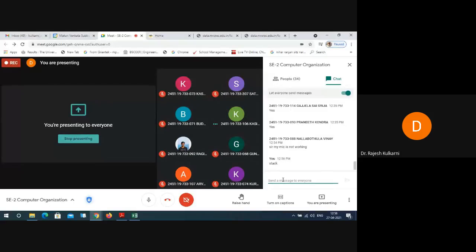Very good. 106, what is your name? Saket, sir. Good concept. So basically what is a stack? The moment stack comes to a computer science person's mind, he'll immediately spill out a few words. One is how the operation of stack happens. I'm putting it in the chat window. LIFO.